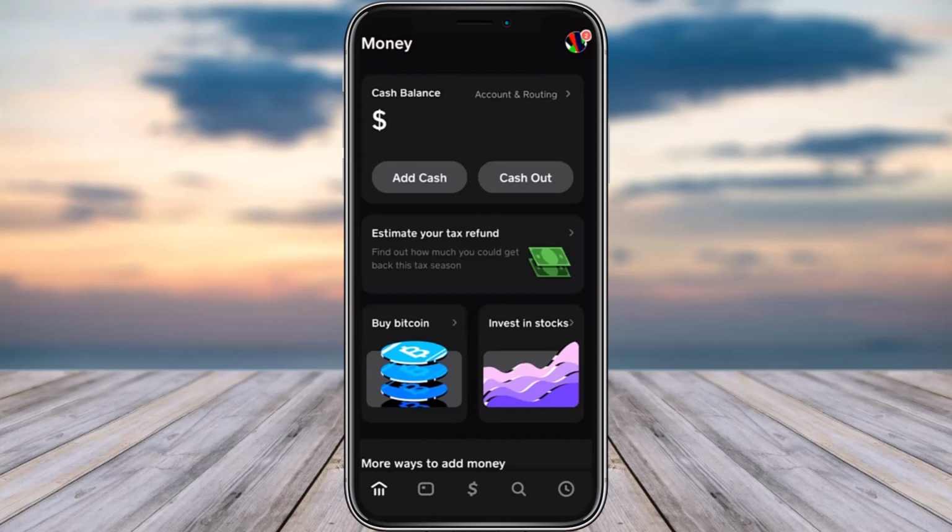Let's get started. For that, simply go ahead and open up your Cash App on your phone. But before that, make sure to check if your app needs an update or not. If it does need updating, then go ahead and update it, and that should also solve the errors. But if it does not, then open the app and tap on the profile icon given on the top right